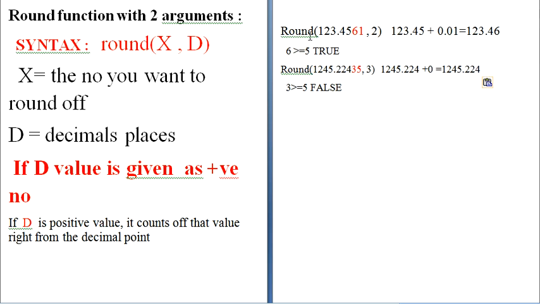But if you take the same number where the third digit or the fourth digit is different, let us see an example. Suppose this is 5 and here 3 is there. So 5 is greater than or equal to 5, obviously true.